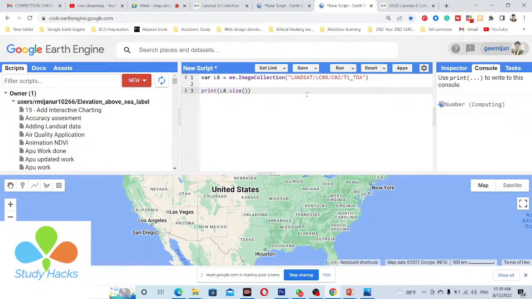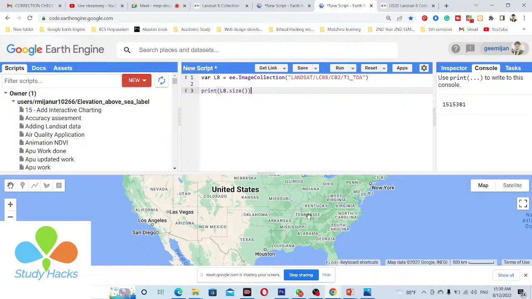So, for example, when we are working with Landsat 8, which is the best satellite image for land use land cover mapping? This is the surface reflectance. Top of atmosphere is also available, but I use surface reflectance all the time. If you want, you can also use top of atmosphere, no problem. Top of atmosphere is also perfect for calculating indices, suppose NDVI, NDWI. Okay. So here you can see we can get more than 1 million satellite images from here. You can get a very large collection for the whole world. So this time, I don't need the whole world.